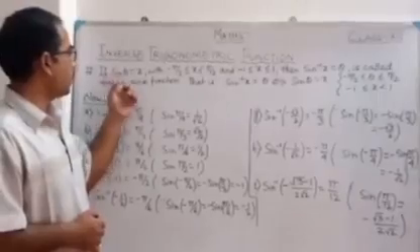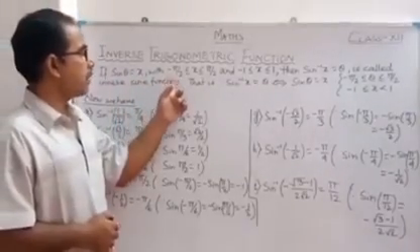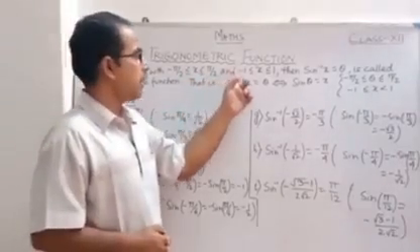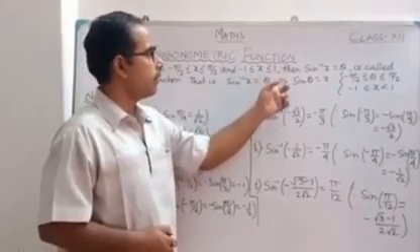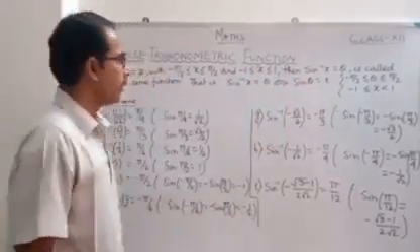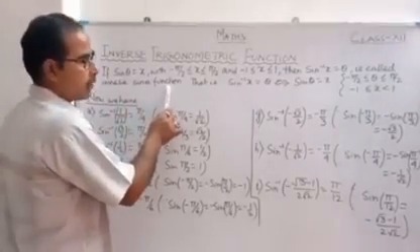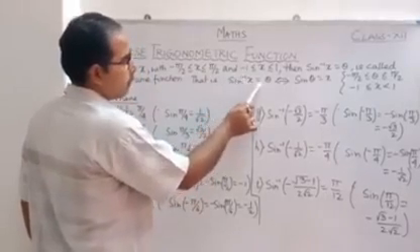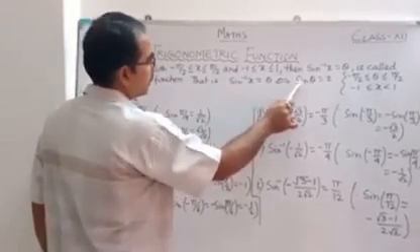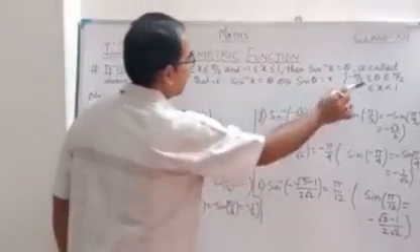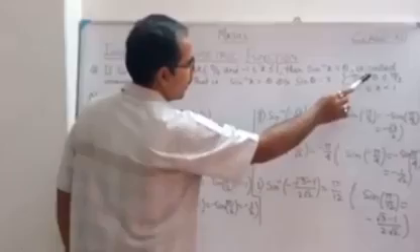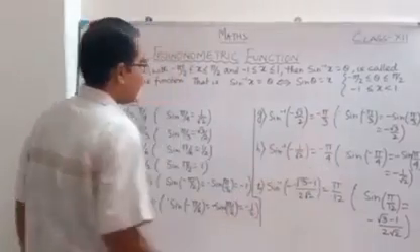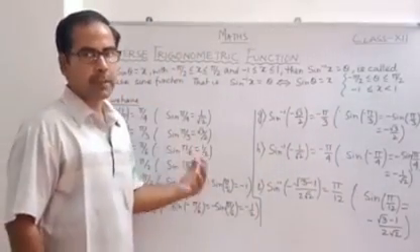Look at here. If sine theta equal to x, the range of that is minus pi by 2 less than or equal to theta less than or equal to pi by 2 and minus 1 less than or equal to x less than or equal to 1, then sine inverse x equal to theta is called inverse sine function. Correct? That is, in symbolic form, how we will write: sine inverse x equal to theta, which implies that sine theta equal to x. The range is here, as I told, minus pi by 2 less than or equal to theta less than or equal to pi by 2, or minus 1 less than or equal to x less than or equal to 1.